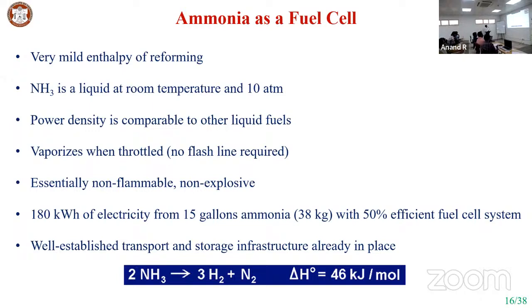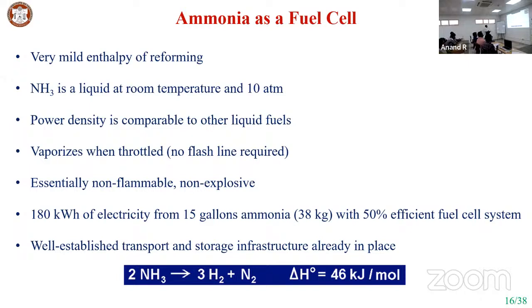In comparison with 650 atmosphere for hydrogen, we only need to give the energy to compress from ambient to 10 atmosphere. The delta P is about, I can say, the gas pressure is around 11 atmosphere approximately. So compressing it to 10 atmosphere is comparatively very little energy compared with hydrogen compression. Power density is comparable to other liquid fuels. When we open it, I can easily vaporize it nearly to ambient